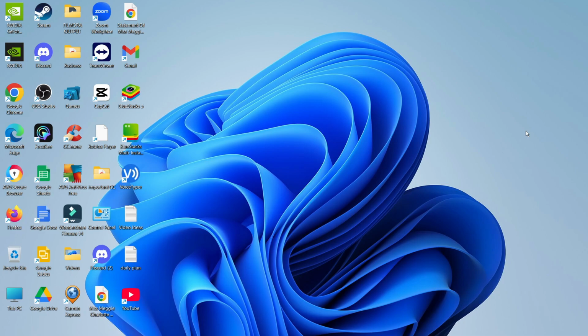Now, it's very important that you do keep your Windows 11 system up to date to ensure that your system keeps running smoothly, and obviously if you have any problems or errors, then updating your Windows 11 system can potentially fix these problems. To get started from your desktop, what you want to do is come down to your taskbar